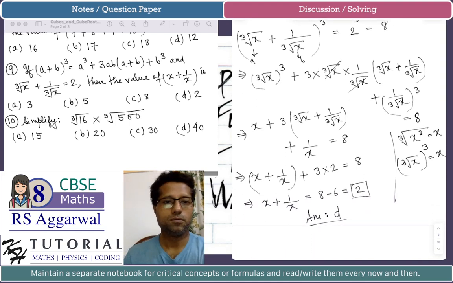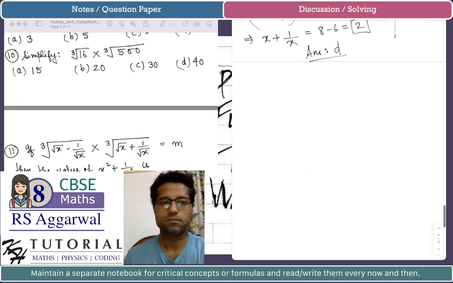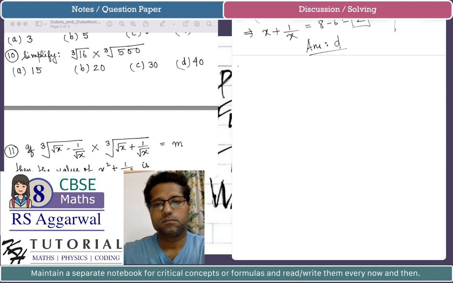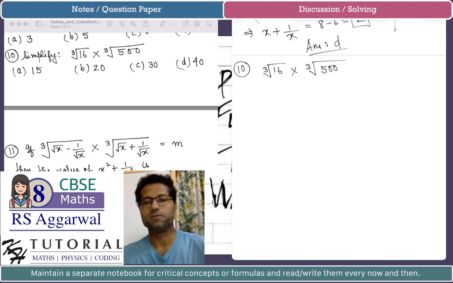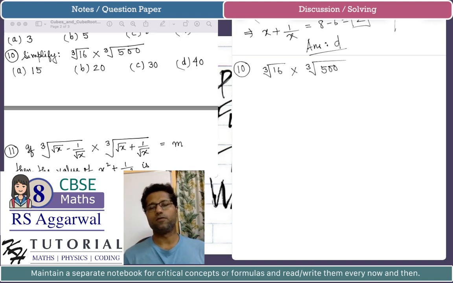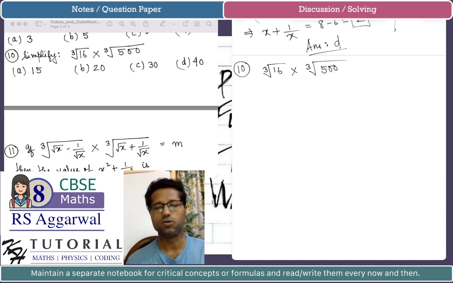Okay, let's do problem number 10. Problem number 10 is a simplification problem. We have to simplify cube root of 16 multiplied by cube root of 500. Now whenever you are given this kind of expression, where you have cube roots of numbers which are not perfect cubes, and you have a product of two or more cube roots,